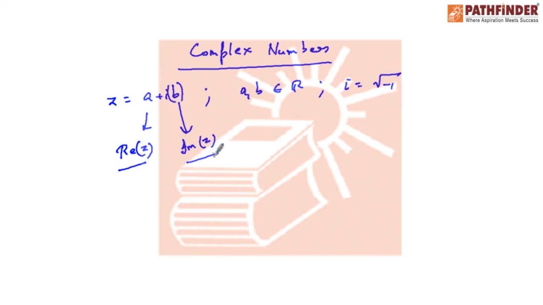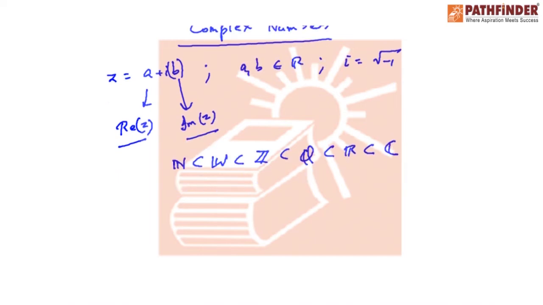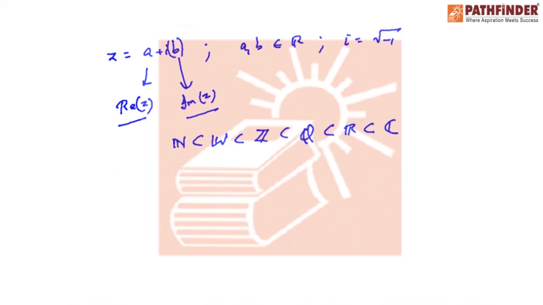Now in the number system, natural numbers came first, which are a subset of the whole numbers, which are a subset of the integers. Subsequently, these belong to the rational numbers, which are a subset of real numbers, and finally all real numbers can also be expressed as complex numbers. The 0 is both purely real as well as purely imaginary, but not an imaginary number.